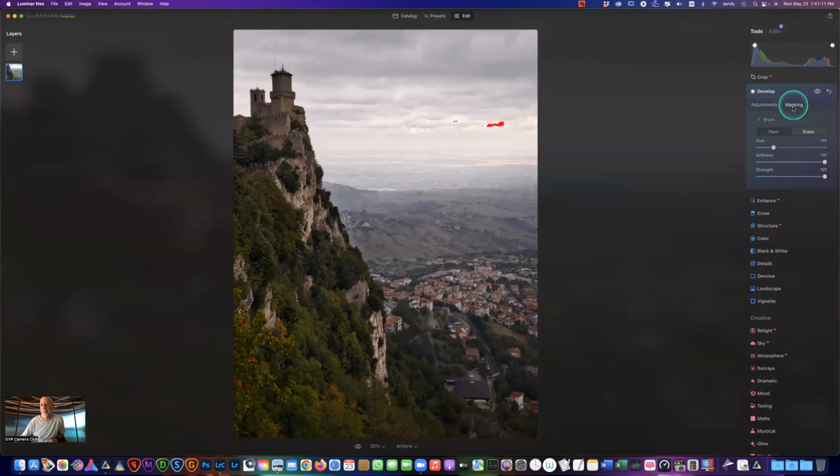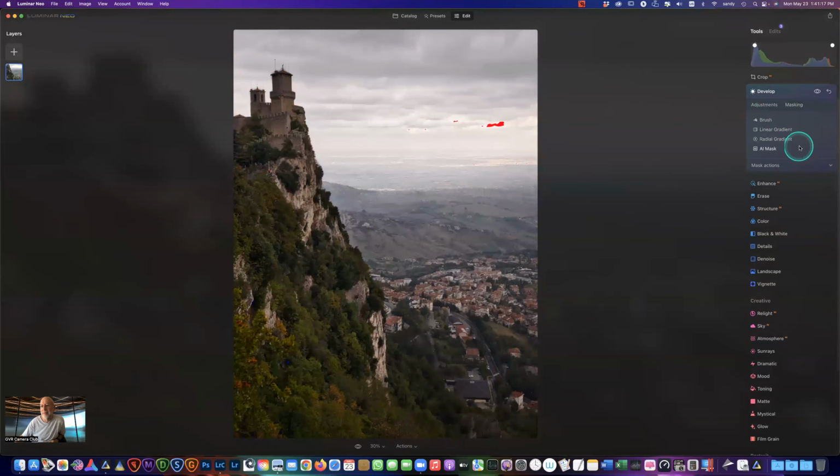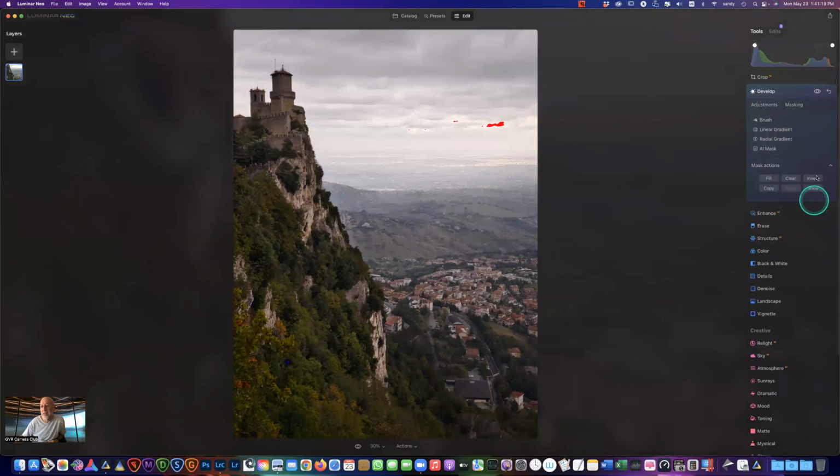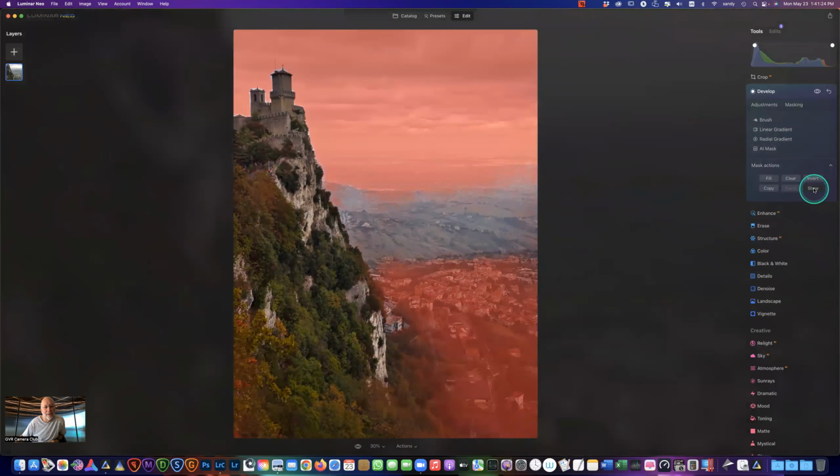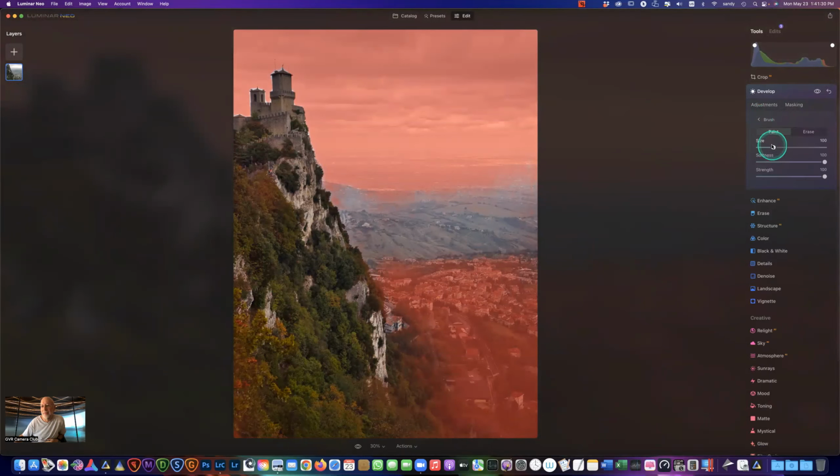Well, I'm going to invert it first. Let me go back here. So under masking actions, I could just invert. If I want to see it, I just use show. Okay. So now I can go to brush and erase parts I don't want to be used here. So at this point,